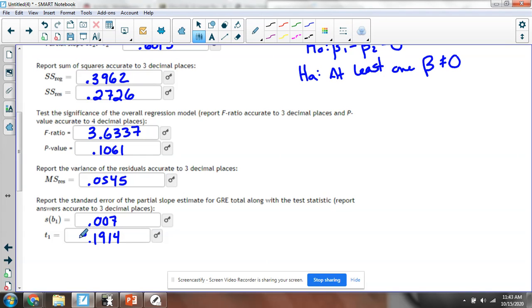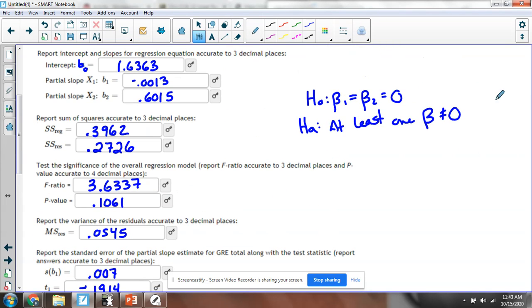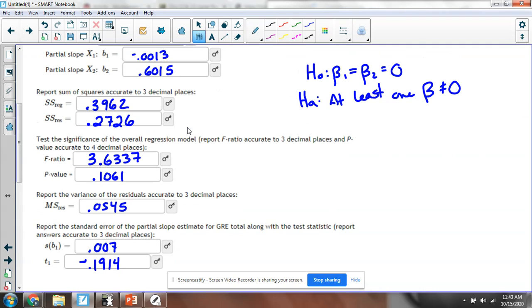Okay, it doesn't ask us to make any claims about the data. It just wants all of this information laid out. In other questions, it might ask you to conclude something based on your p-value or based on the p-value of individual coefficients, but not for this particular